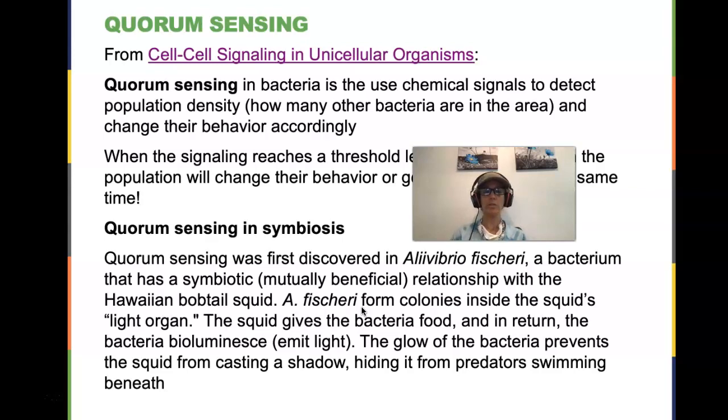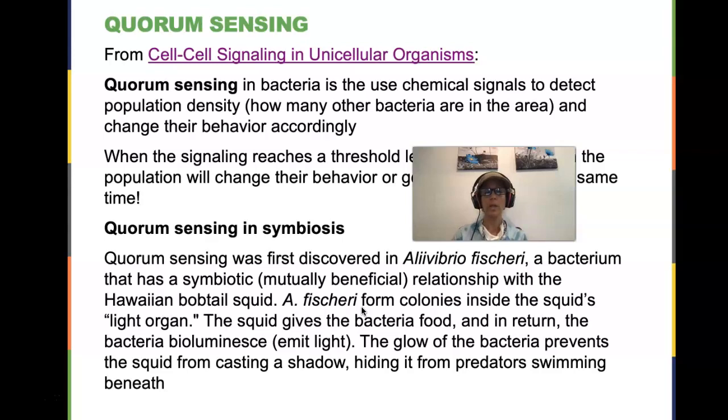And that's not what allows the squid to see. The squid has eyes, and the squid can see. It does provide additional light, but it's not the actual photosensing receptors. The bacteria emit light, and when that light is emitted, that prevents the squid from casting a shadow, because a cast shadow would be an indicator to predators that the squid is present. So without a shadow, the predators are not as easily able to detect the presence of their prey in the